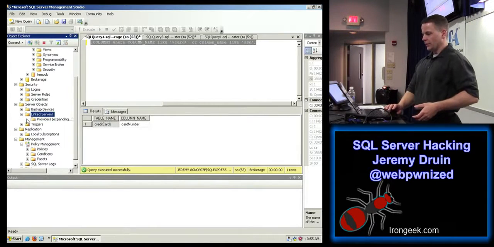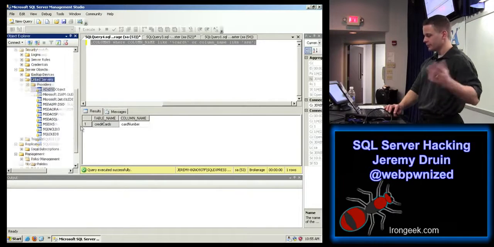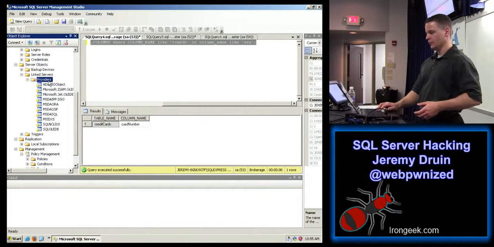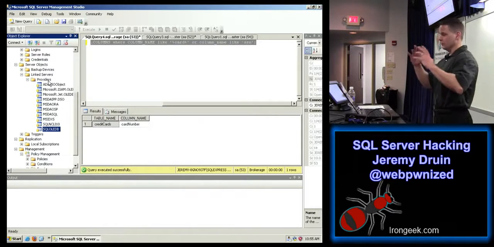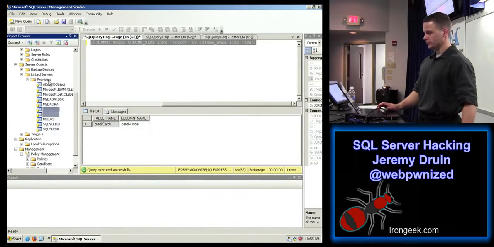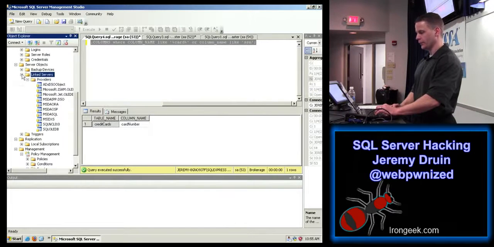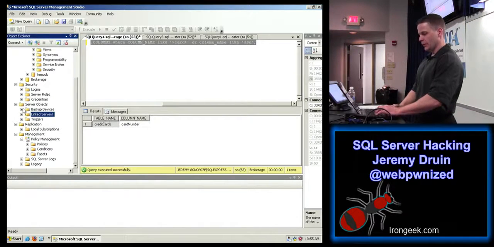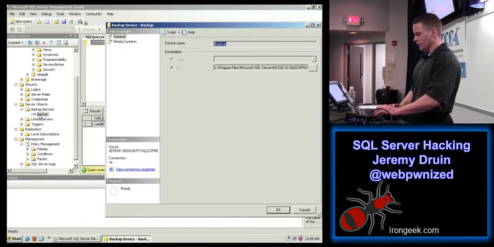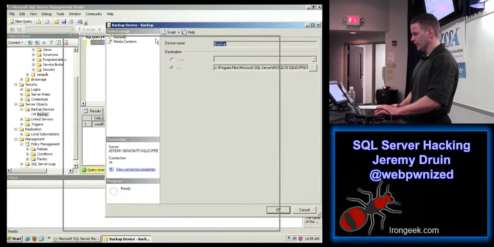There are all these providers and drivers in SQL Server natively that connect to Oracle and stuff like that. So it knows how to talk shop with those other brands. And of course you can add drivers too. Okay, so you set up a linked server and then you can run a query against that server from inside your local queries. But these backup devices, this came in handy one time